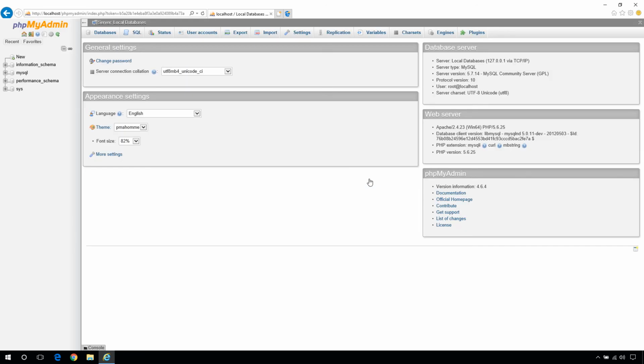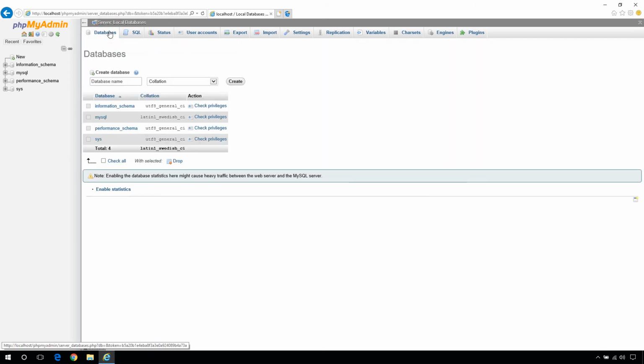And that's gonna bring me to phpMyAdmin page. Basically, this is a web-based user interface to manage MySQL databases. From here, go to Databases tab to create a new database. You need to enter unique database name here. I'm going to call it CodeBuns_DB, but you can enter whatever you want. Now all you need to do is hit create button.